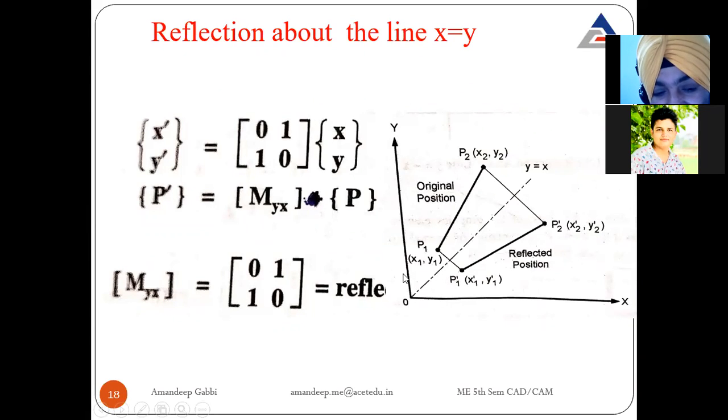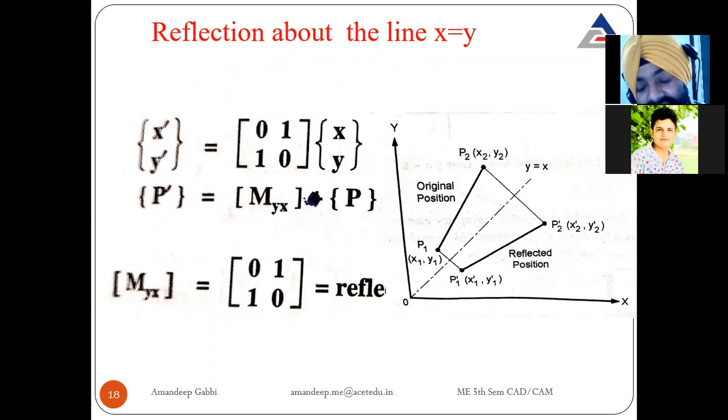Suppose x is equal to 1 and y is equal to 1. x is equal to 2, y is equal to 2. x is equal to 3, y is equal to 3. This is the line where x is equal to y. What is the meaning of x equal to y? Taking the value of x equal to 1, then y is equal to 1. If you take x equal to 2, then y will become 2. And if you take the value of x equal to 3, similarly y will be 3. Taking the same values, you will get a line somewhere here. This is the dotted line that represents x is equal to y.